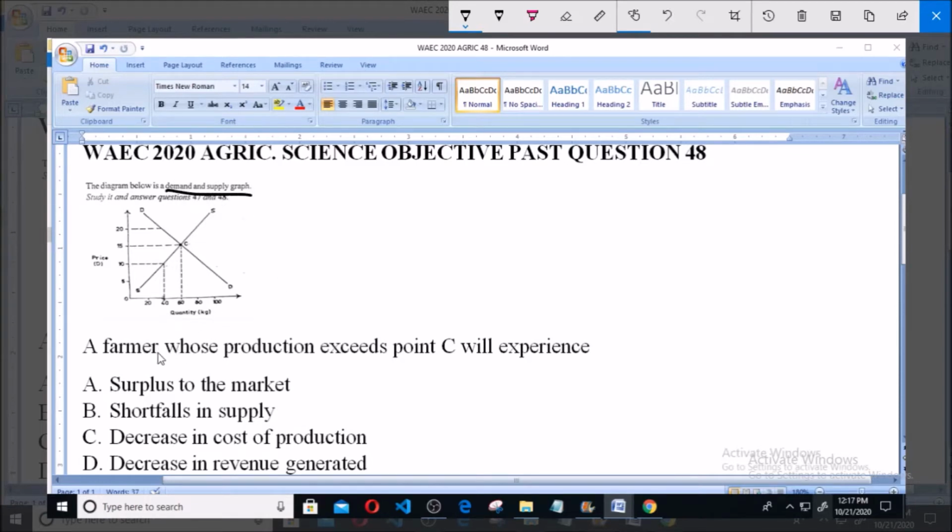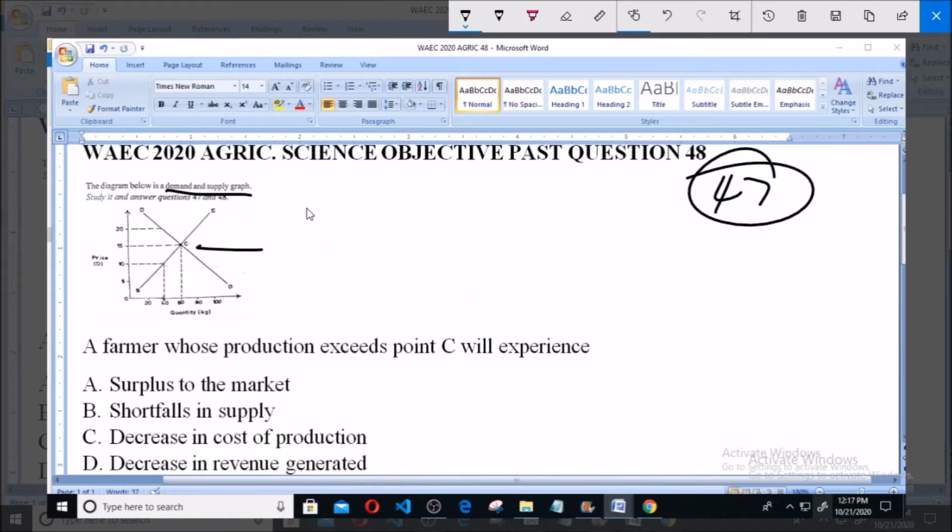Now, the question is: a farmer whose production exceeds point C will experience: A. Surplus to the market, B. Shortfalls in supply, C. Decrease in cost of production, D. Decrease in revenue generated. Now, we have established in question 47